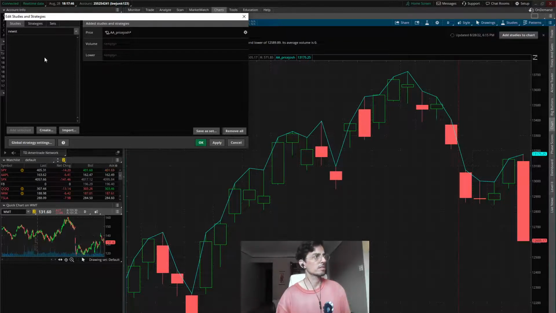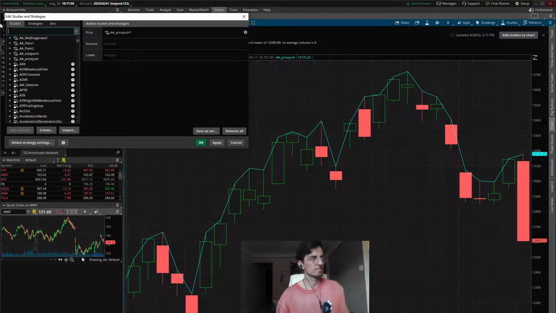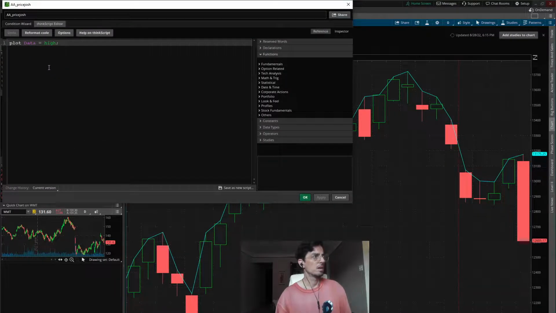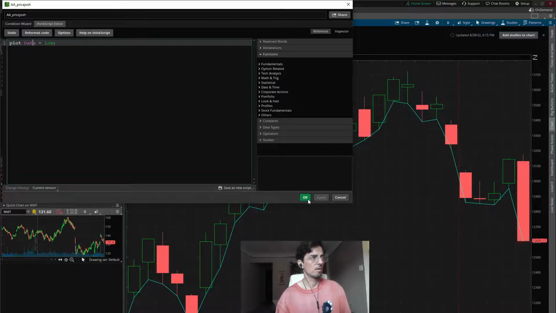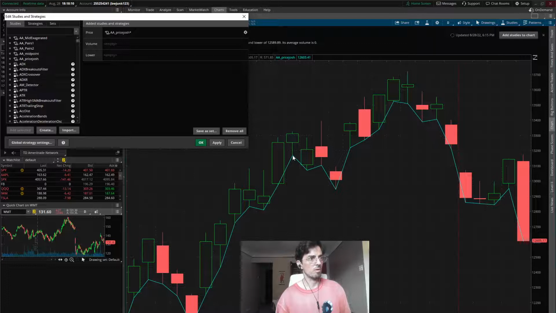Now let's edit our script. Now my things are up at the top here. See there? I don't have to go search for it or scroll down or anything. And I'm going to say let's plot the low. And this plot data is always going to be there, at least for now, when we're doing a study on a chart. So now the line is on the low of each day.